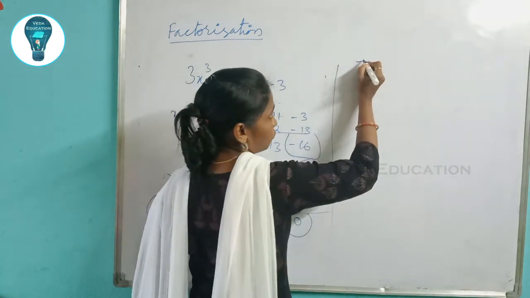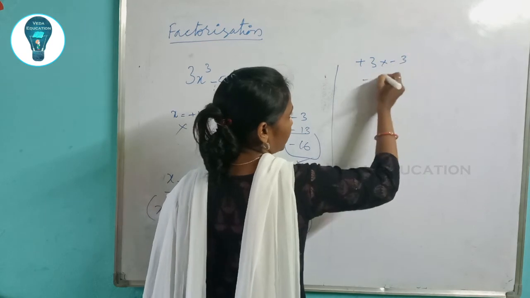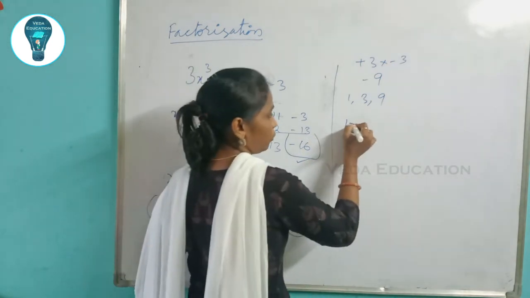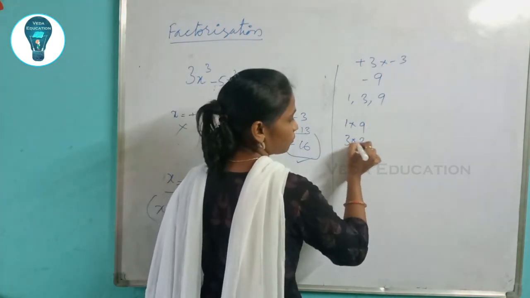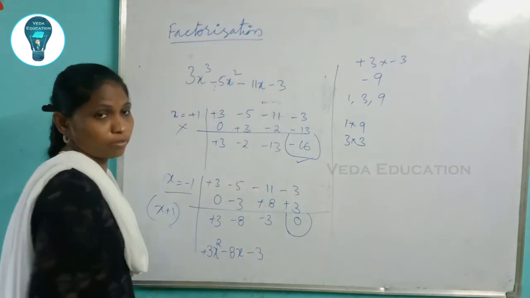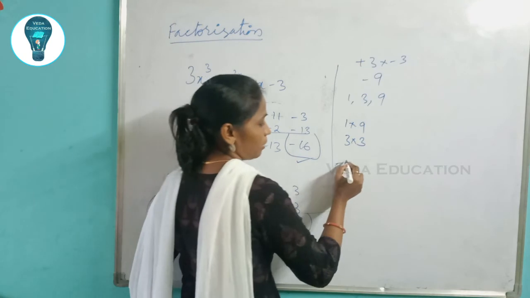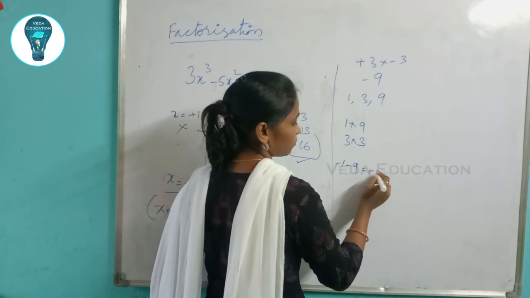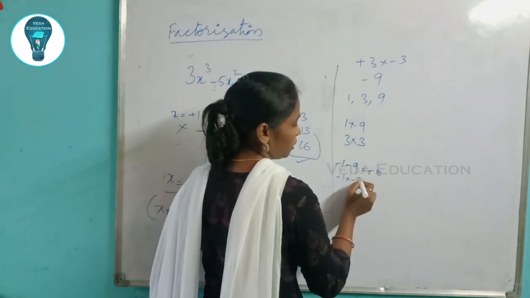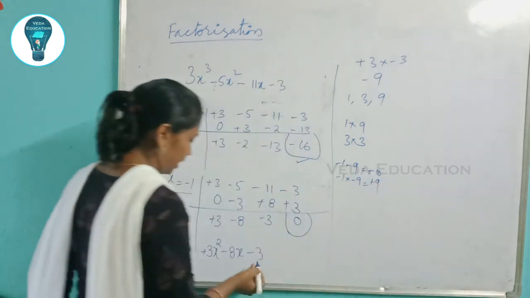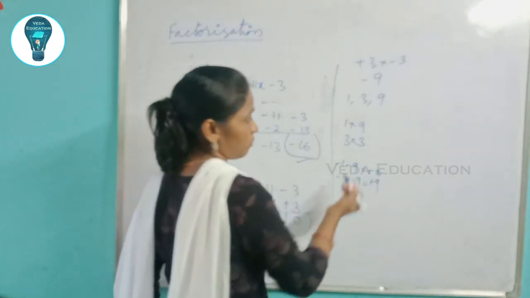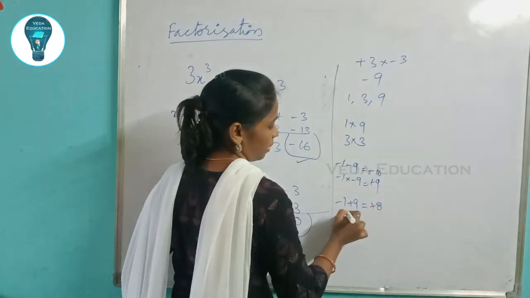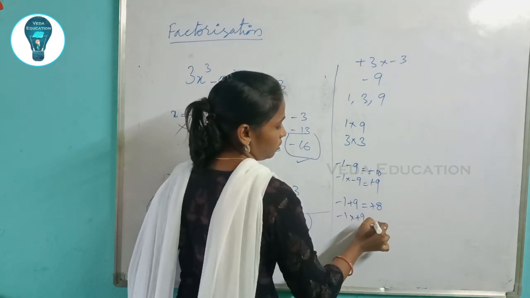First multiply the x square coefficient and the constant. You will get minus 9. Now write all the factors of 9, and possible pairs here: 1 into 9, 3 into 3. Now apply signs to get minus 8. Minus 9, minus 1, minus 9, you will get minus 10. And minus 1 into minus 9, you will get plus 9. Is it satisfying? We should get minus 8. So which number can we get? 1 minus 1 plus 9. Here you will get plus 8. Minus 1 into plus 9, you will get minus 9.